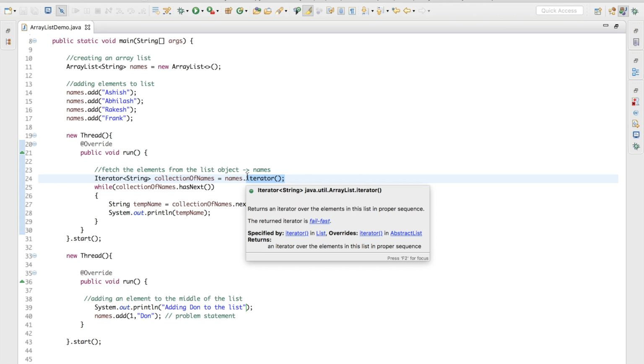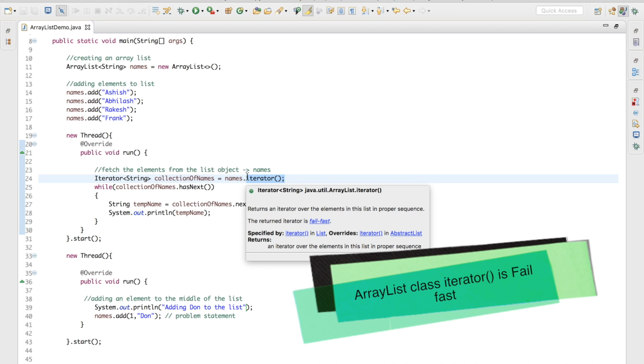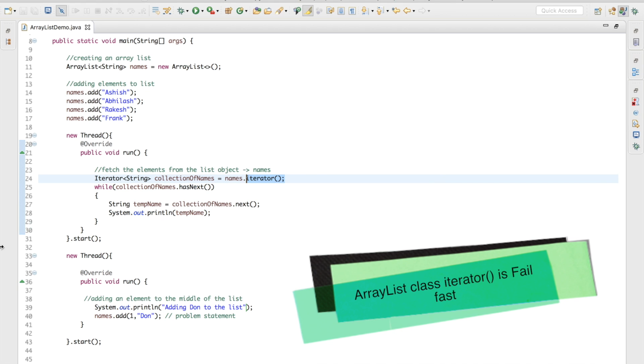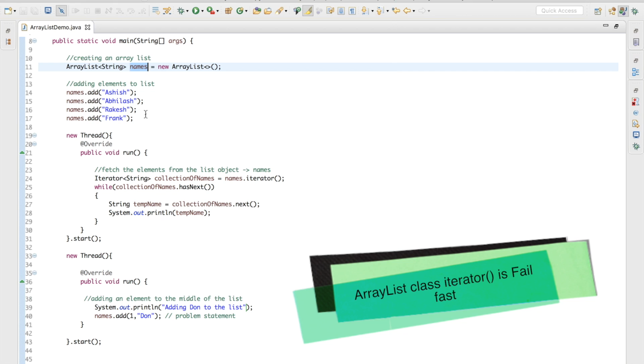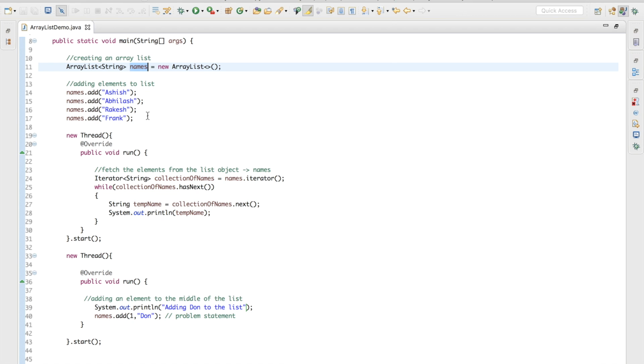Remember this: the ArrayList iterator is fail-fast. It means whenever the iterator is reading your list object, if you are making any structural changes to your list, it is going to throw a ConcurrentModificationException. We call it fail-fast because the moment it finds that your array has been modified, it is going to throw an error